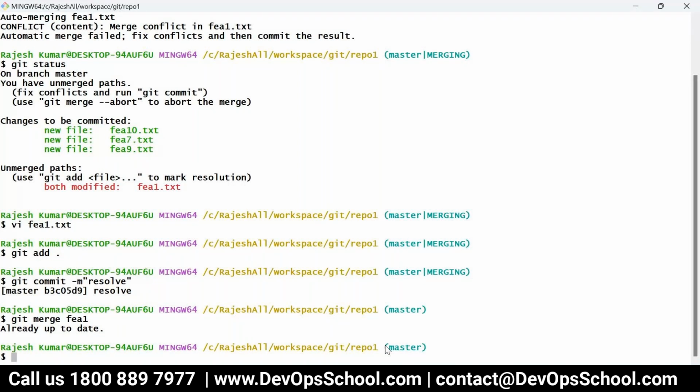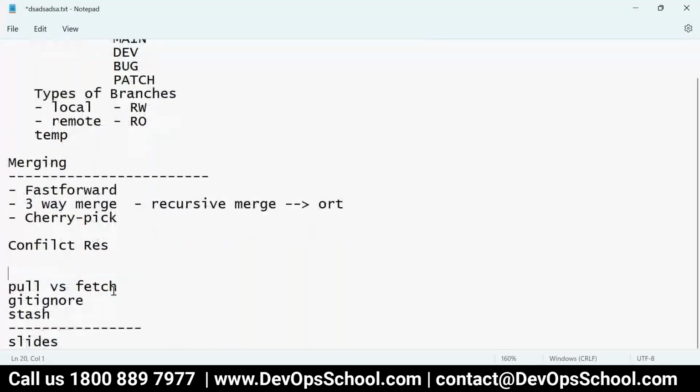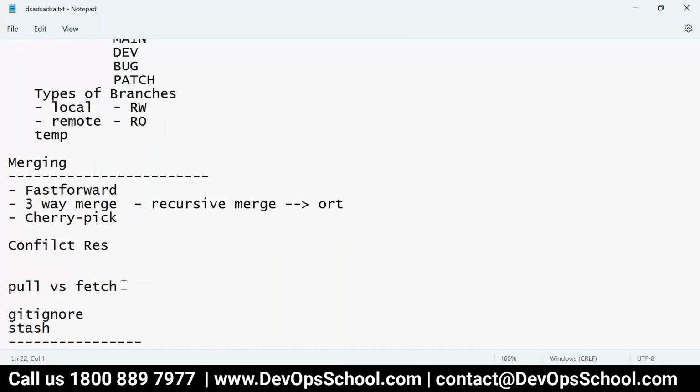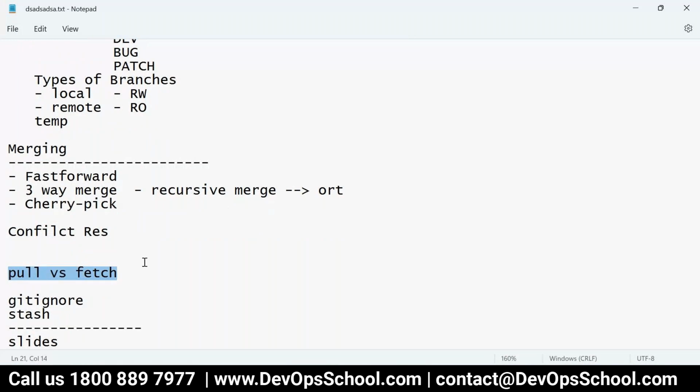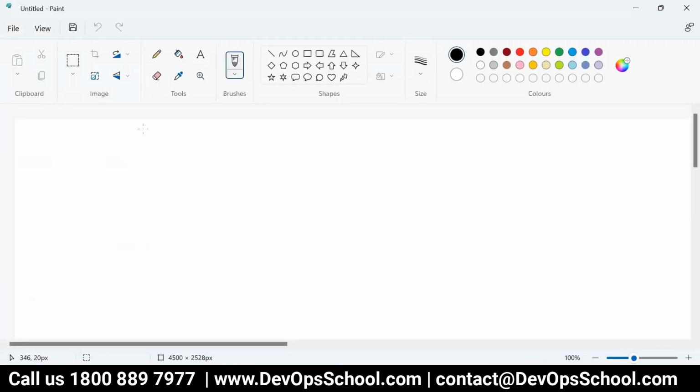Yes, it's clear. Okay. So now this is the conflict resolution. Now, what is pull versus fetch? You need to understand this. So let me remind you, what are the different types of branches? Local and remote. So in order to understand this pull versus fetch, you need to understand